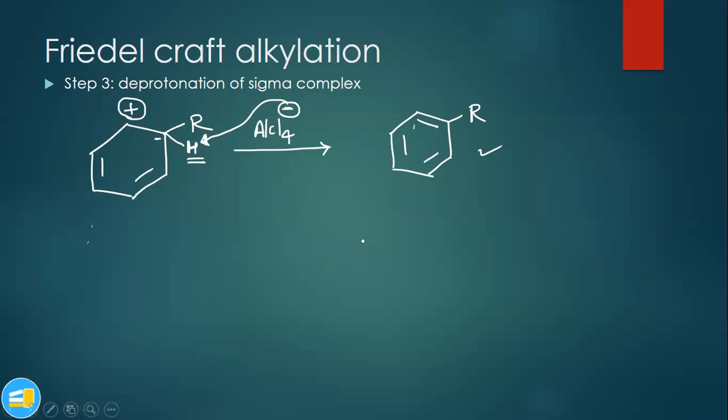This will be faster than other steps. Reason number one is that this is an acid-base reaction. H plus is being attracted to this base. And the second reason is that in this reaction, different numbers of bonds are being formed. In the previous few steps, we broke a lot of bonds, which required some energy. The compound also lost its aromaticity, which also requires some energy.